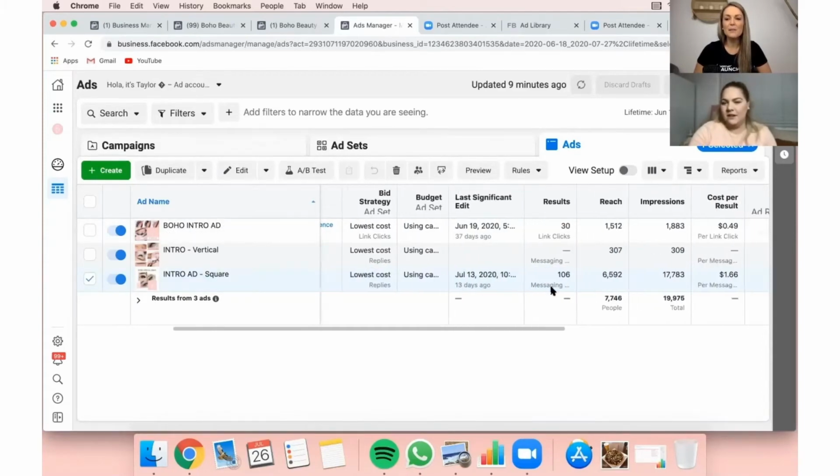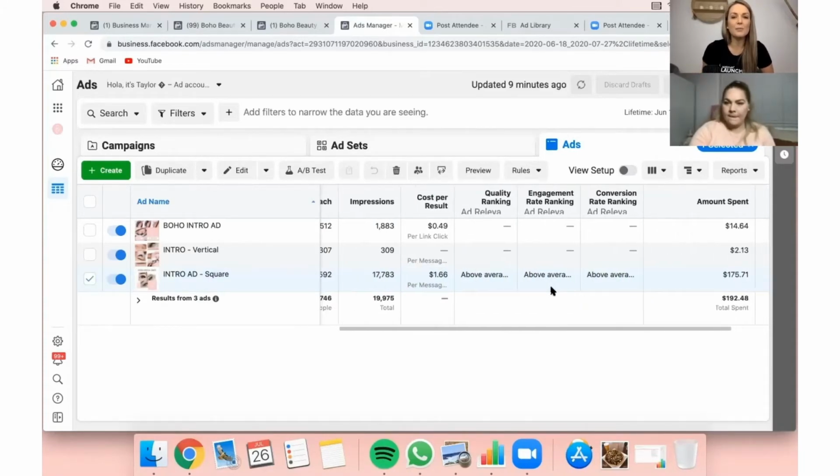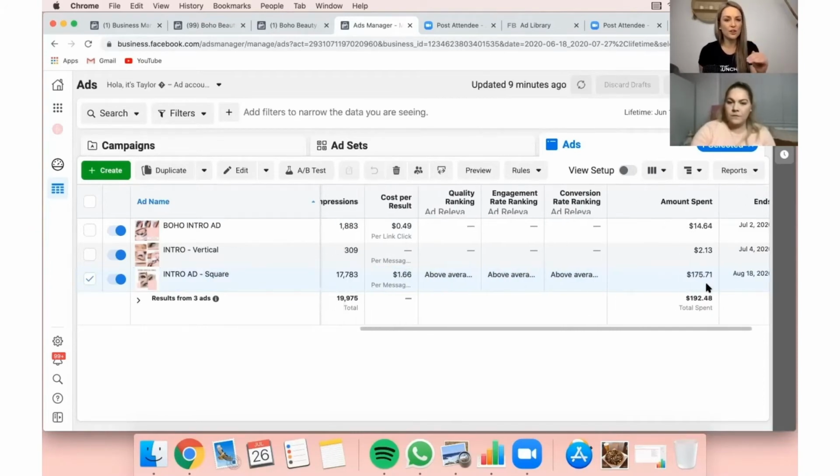So maybe let's talk about Ads Manager now, and what do these results all mean, and how do people understand whether their ads are performing or not? I've also noticed, because I've spoken to digital marketers in the past, your cleanliness in your ad setup, i.e. you have intro ad dash and then the purpose of the ad. So maybe you can chat through all of this side of things.